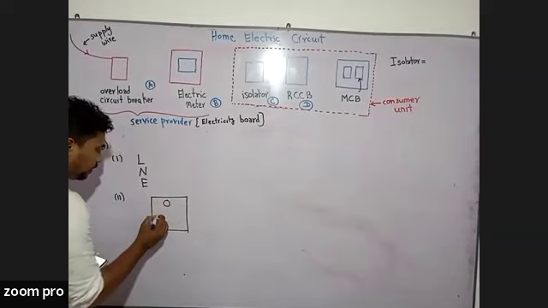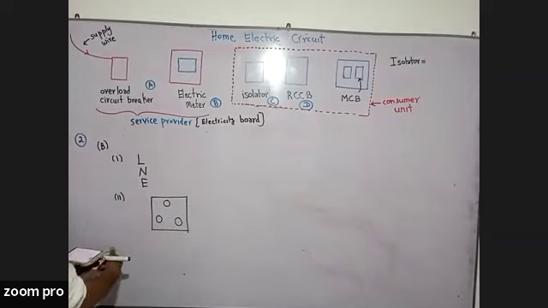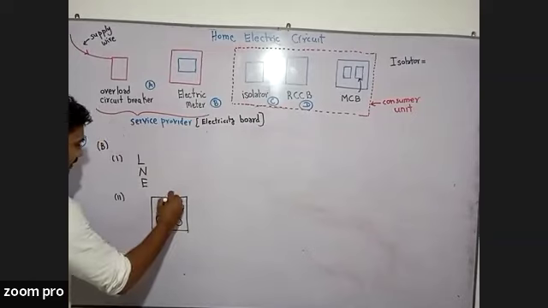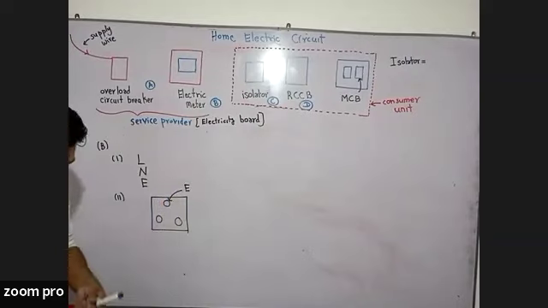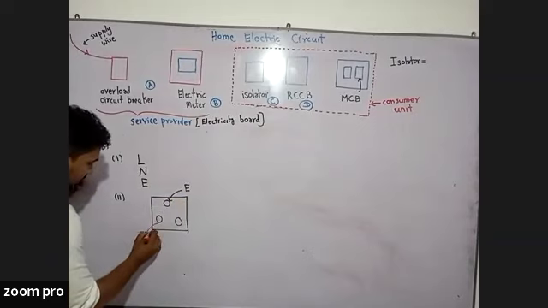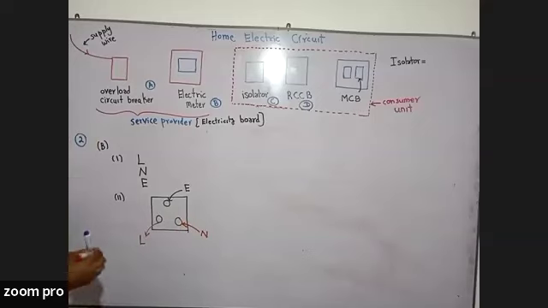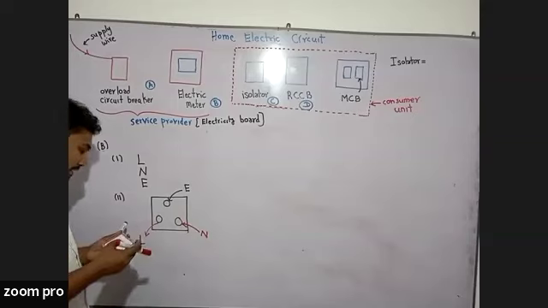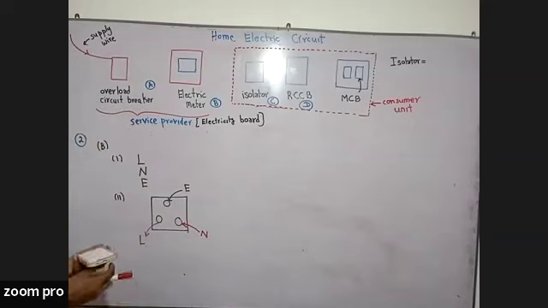And a normal plug consists of 3 pins. The above pin is obviously the earth wire, right? So the upper one should be the earth. If this one is the live wire, then this should be the neutral wire. So this is the normal position of the wires in a plug point. So in the C part,